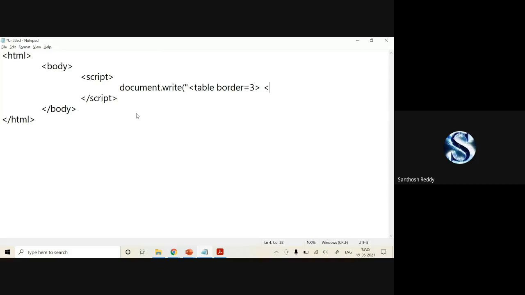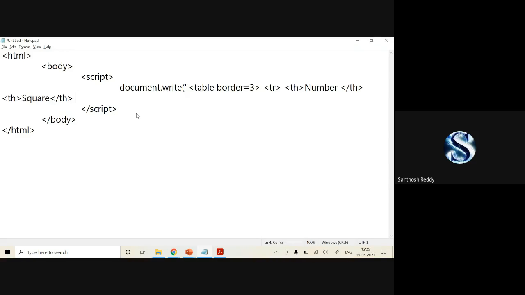So what I'll do, I'll specify TR. In the first row, I have to specify number, square, and cube. So under the TR, I'll be specifying TH number. This is your 1 TH. Another 1 TH I'll be writing for square. Another 1 TH is required for cube.